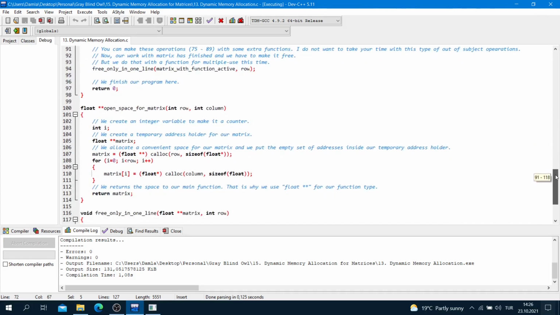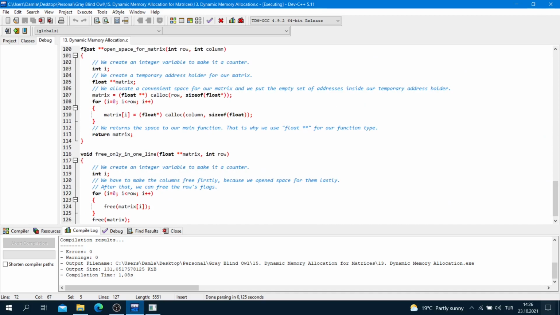Okay. Go to the open space function here. Float pointer open space for matrix, integer row, integer column. We create an integer variable to make it a counter, integer i, because we use only the row number for flagging. So we do not need an extra counter like j, because we do not use an extra for loop with j counter.